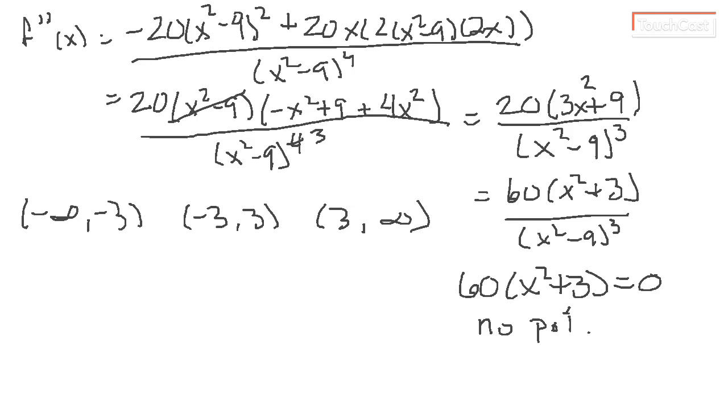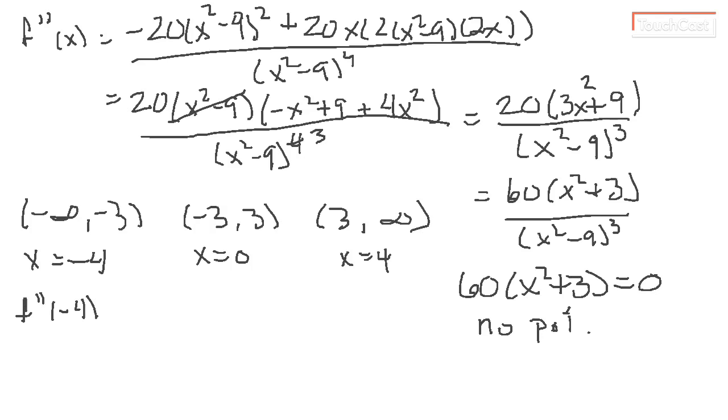Now, if I'm trying to pick a number, I'd do negative 4, I would do 0, and I would do 4. Now we're going to put them into the second derivative to determine are they concave up or concave down. And remember, we really are just worrying about are we going to get a positive or a negative number from plugging them in. So if I took f double prime, the second derivative at negative 4, the question is, if